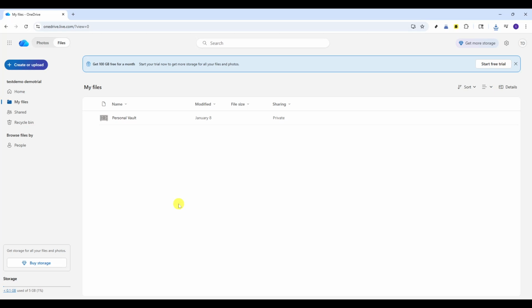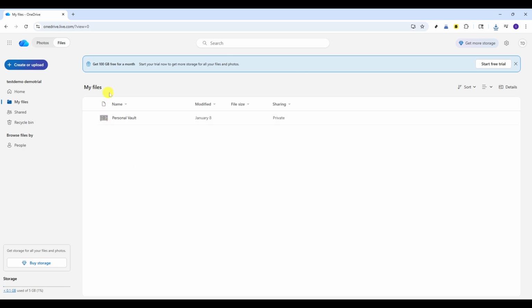In today's video, I'm going to teach you how to recover deleted files on OneDrive. If you've ever accidentally removed a file or a whole folder, don't worry. OneDrive keeps deleted items in a recycle bin for a limited time so you can bring them back quickly. I'll walk you through exactly where to go and what to click, and I'll share a few tips so you